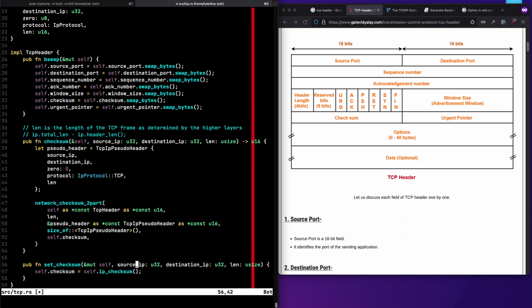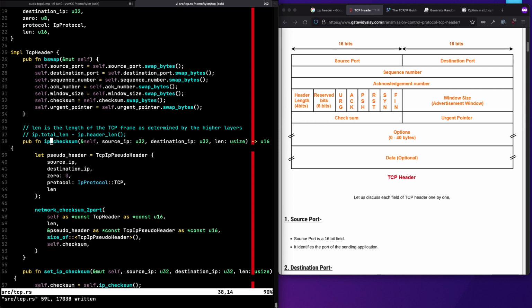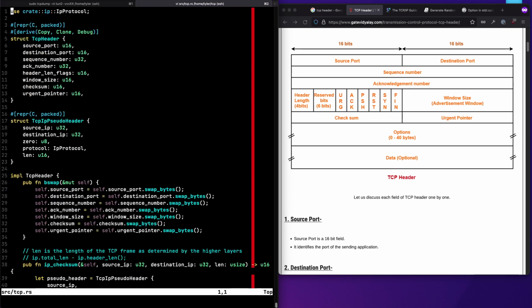We also need to name these things correctly. This is set IP checksum, and this is IP checksum, because we will potentially have an IPv6 checksum and whatever else. So TCP. TCP is now much more interesting because we can't just send the packets back. Turns out you can't just reflect the packets right back and expect it to work. Actually, in that specific case it might, if you literally sent the same packets in the same order, because you'd have the same sequence numbers and stuff. Well, no, you wouldn't, because